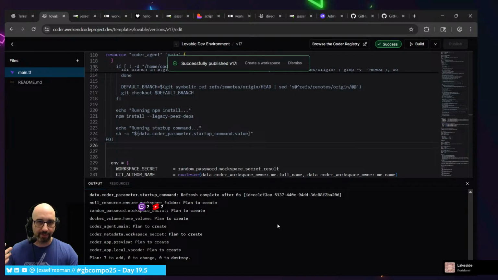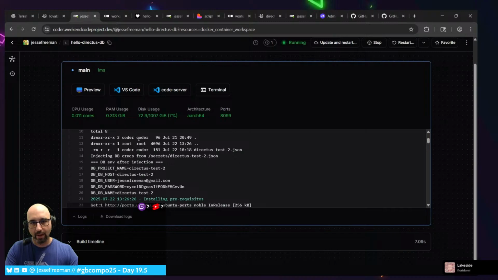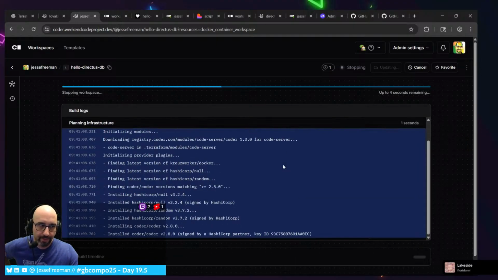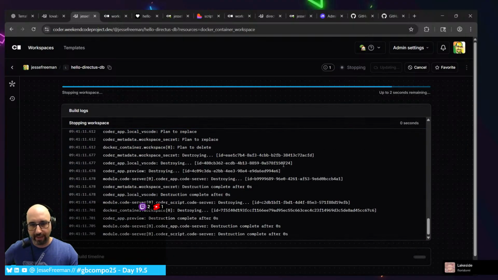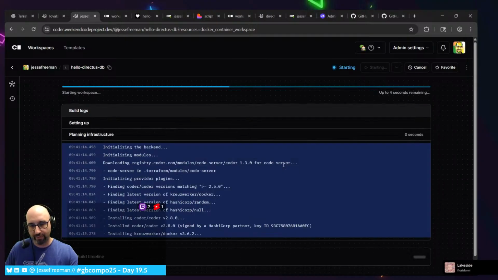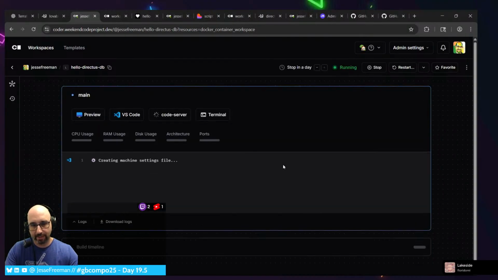I just have to keep testing incrementally, bit by bit, and this is one of the things that is frustrating me in Coder's environment. There's no quick, easy way to do this. All right, so now this is our hello directus. We will update the template and restart, and let's see if this now persists these environment variables across different terminal sessions.